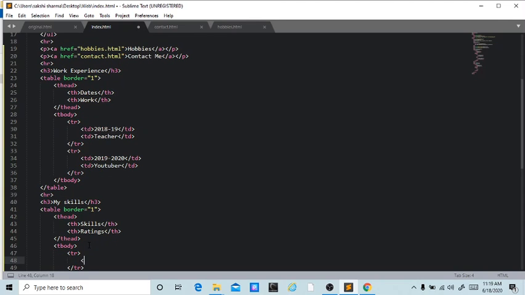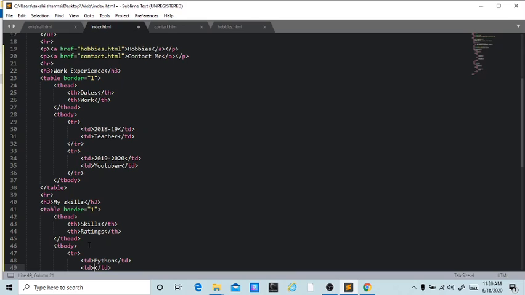the data. Let's say the first skill I want to add is Python. And the other data will be ratings. You can see the first heading is skill, so we'll be writing the skill, and the second heading is rating, we'll be writing the rating.